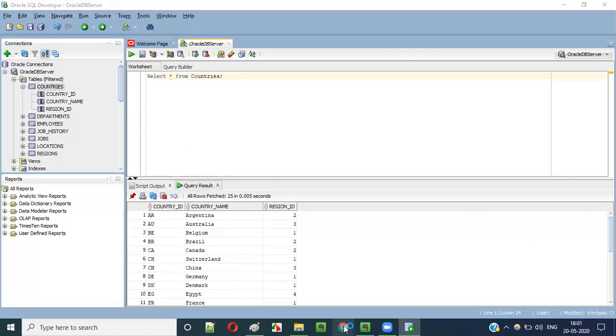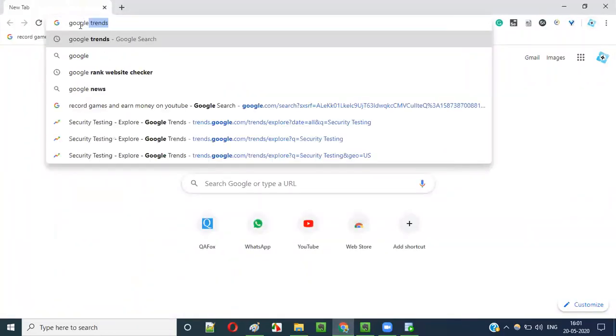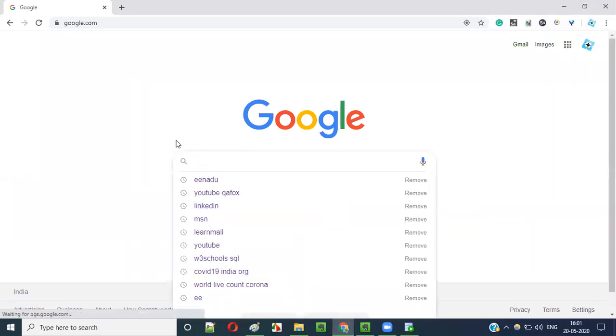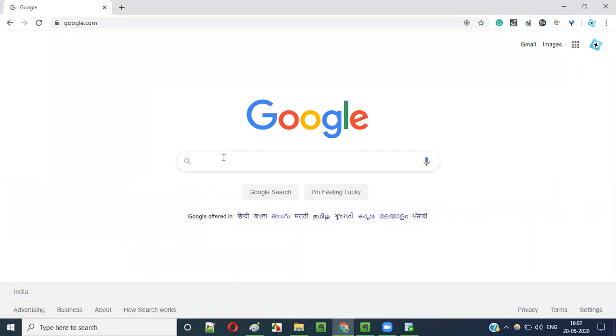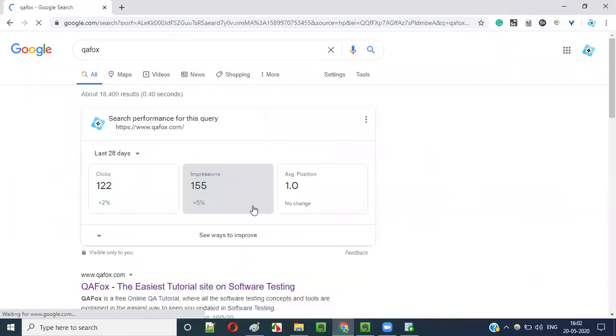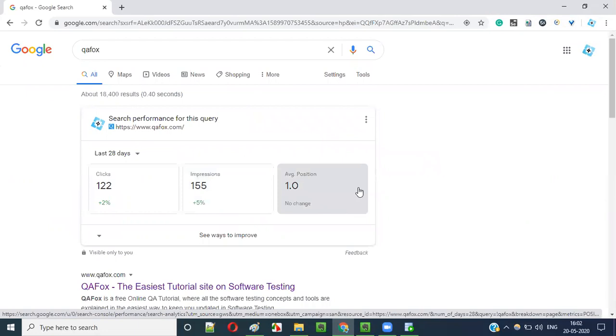So for example, if I go to Google, google.com, and I enter some text, guys, let's say I enter QFox. Google has a lot of data, right?